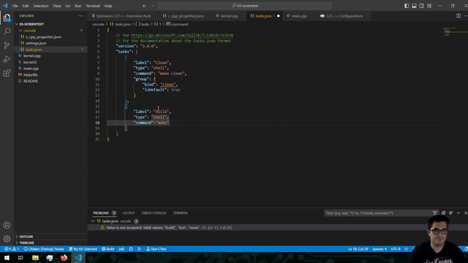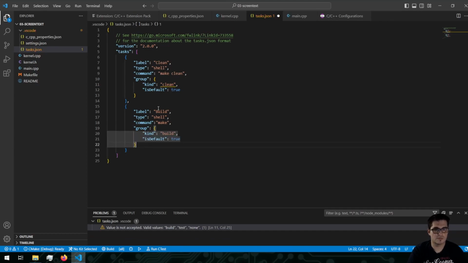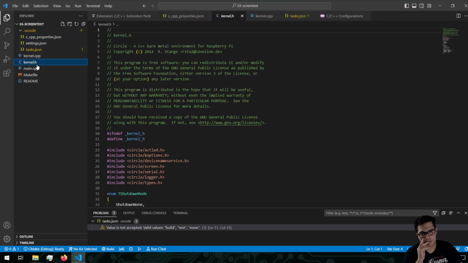Now the group kind is build and default. I think this is it. Yeah, it's pretty much it. Don't worry about this. Okay, we have the settings, the C++ properties, and now we can